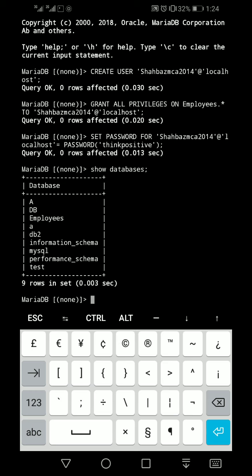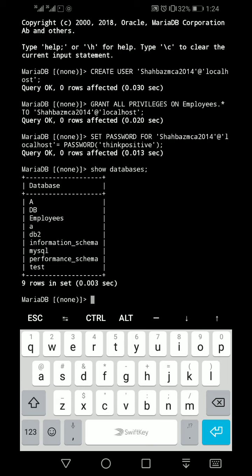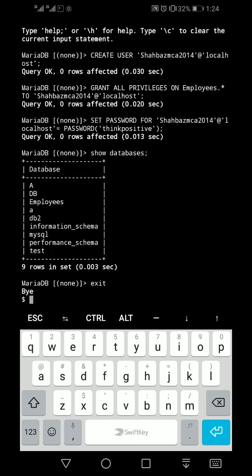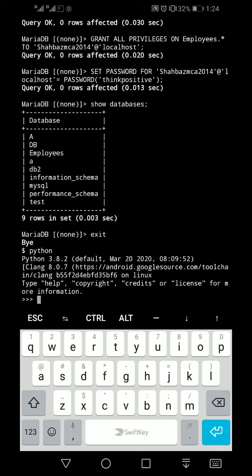Now coding of Python with database connectivity. First of all, type exit from the database, then type python. Now Python is open.